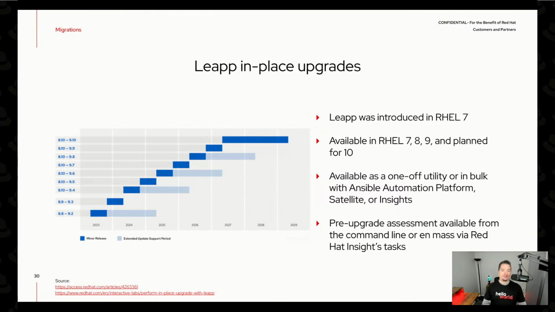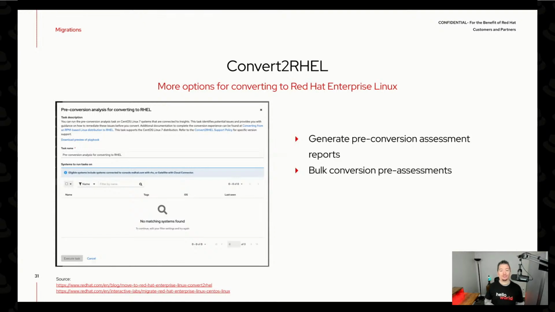I came to the marketing team because I was tired of being a sysadmin for 10-year-old systems that no one wanted to manage. But alas, one of the other migration tools that we have, and we're very proud of, is Convert to RHEL. Which means that people's 10-year-old CentOS Linux 7 systems can be converted to RHEL 7 systems. Don't tell Scott, he's in the chat. I'm giving him a hard time, but